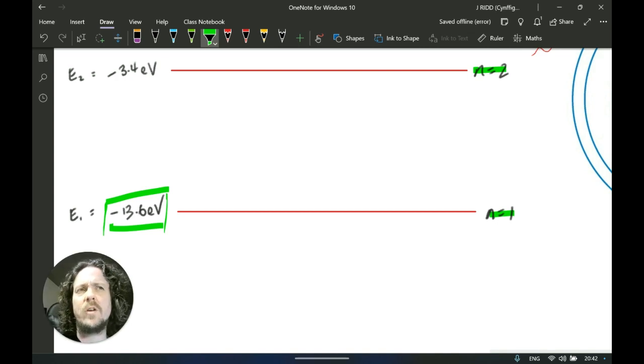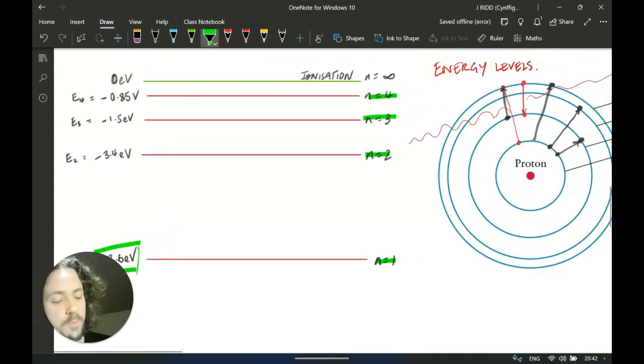So if I was to give exactly 13.6 electron volts to this electron in the ground state, then it would essentially become an ion, but now it would have zero energy. It would have paid exactly the amount of energy it needed to escape and no more. So we think of it a bit like a potential well, sometimes we call it. It's the amount of energy that needs to be overcome to get from one state to another. So there are lots of permutations.